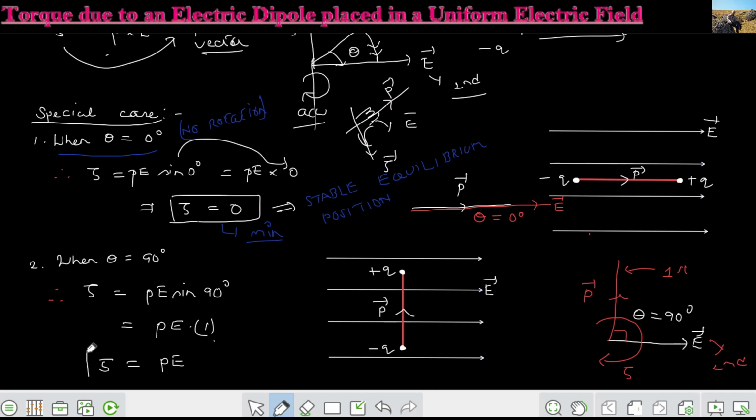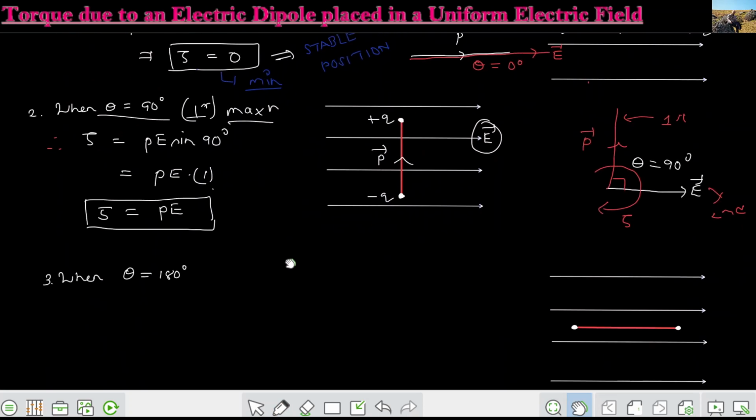So in this case, the torque of the dipole when it is perpendicular will be maximum. When the dipole is perpendicular to the direction of the electric field, what will happen? The rotational force will be maximum. So maximum torque will be possible only if theta is equal to 90 degree. Next,